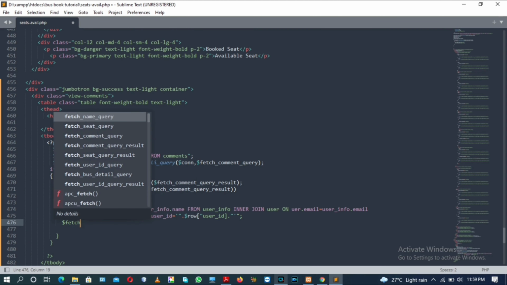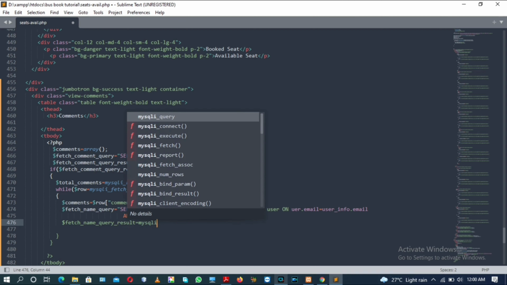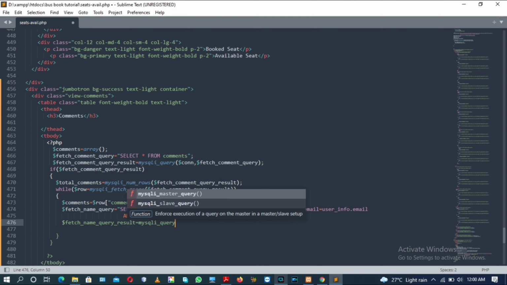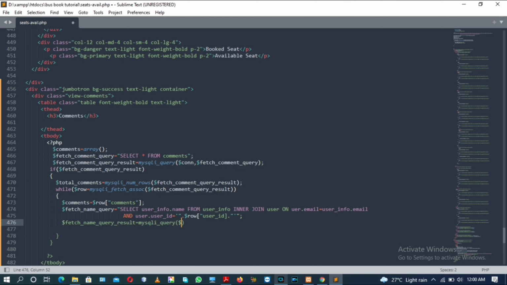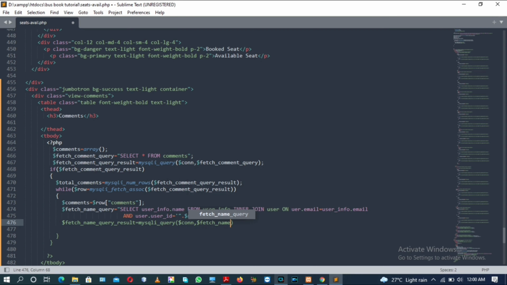Now we will create another PHP variable called fetchNameQueryResult, that is equal to MySQL query, inside which we will have the connection variable and fetchNameQuery.